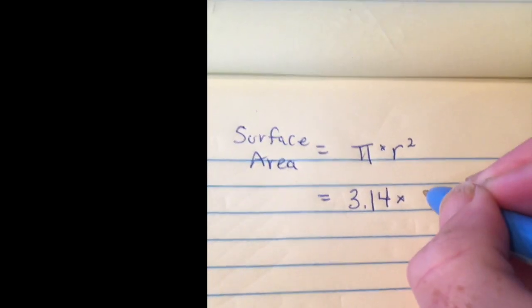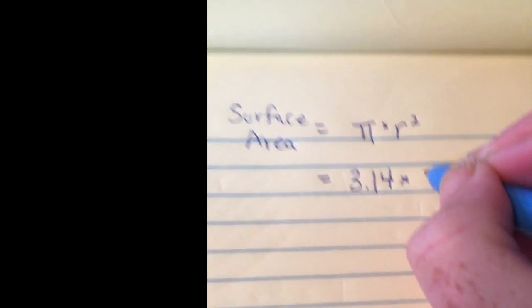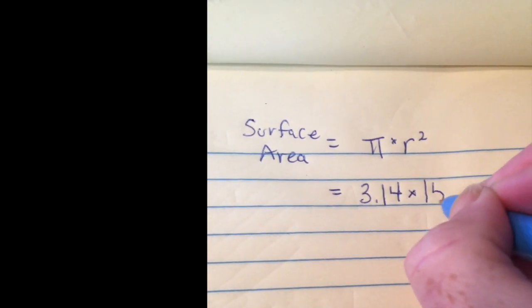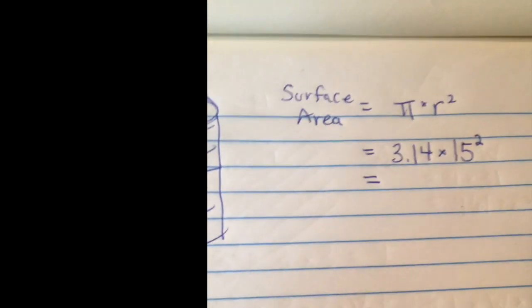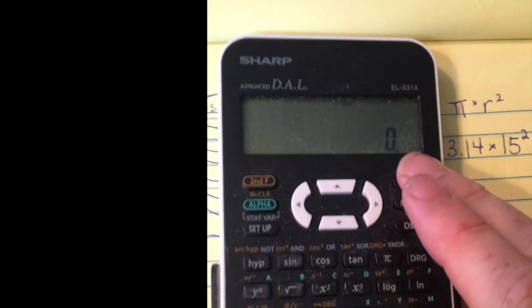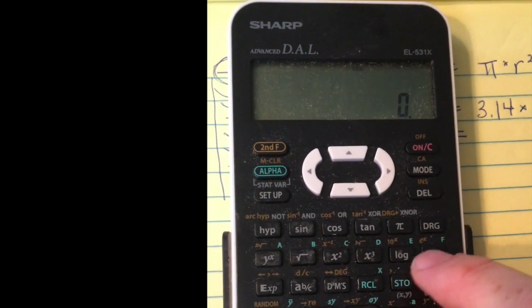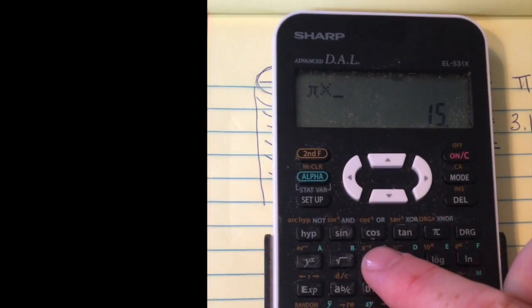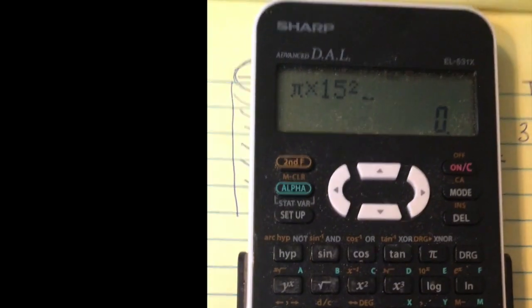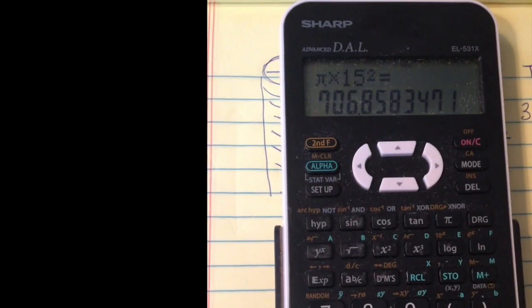And that's radius squared, which is 15 times itself. 15 squared. So our surface area then, drop my pen, grab my calculator, is, remember there's a button for pi, times 15 squared. And that's going to give,